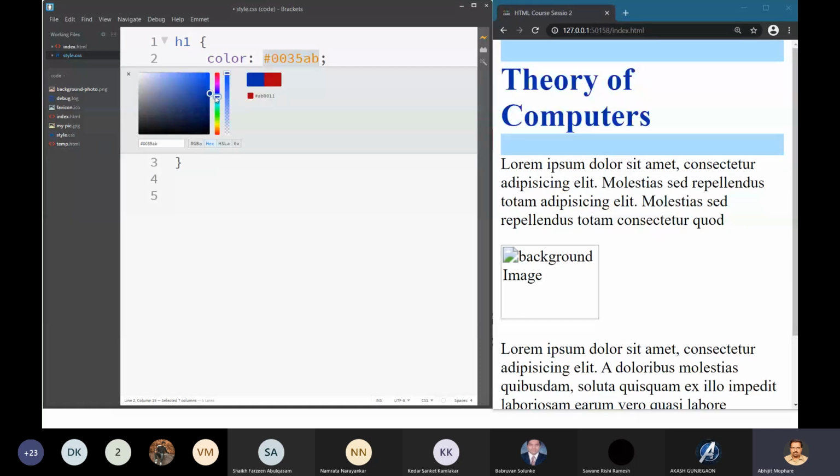You select the blue, and for whichever type of blue you want, you simply move this in a different area, and you will find the different shades of blue you can have.